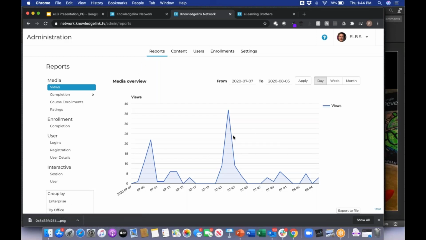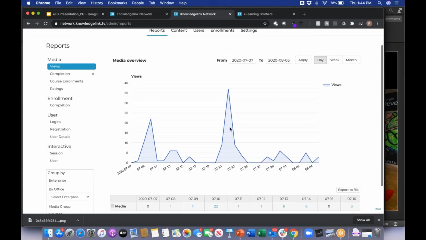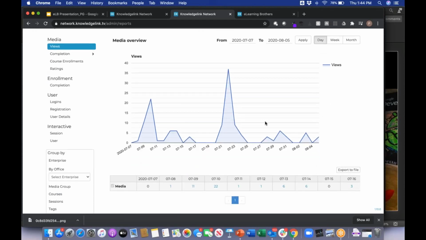But you'll see here, this is an interactive chart. It changes per my filters down the left. And you get very granular into the data you can get out of this. I'll go through these briefly just to give you a higher level overview. But like I can get view activity of all of my users inside the system. And this will be a common trend. Interactive chart changes, the dynamic,